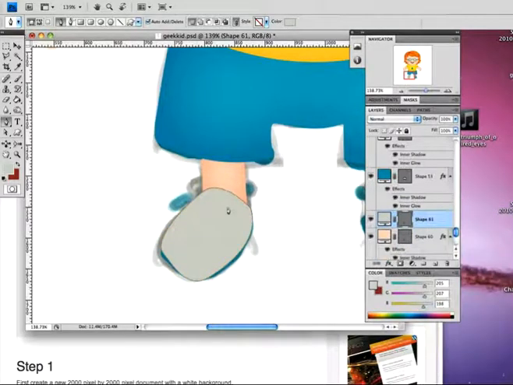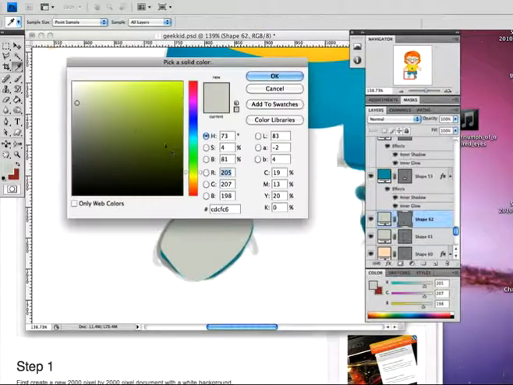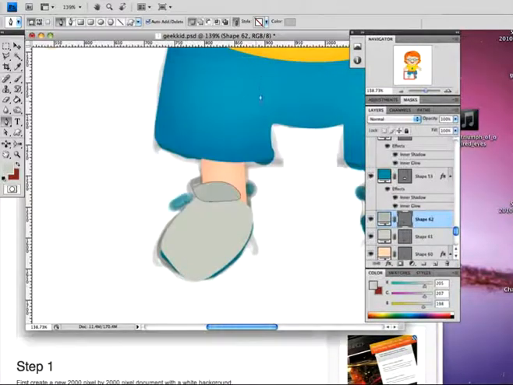Clear that layer style, and I'm going to create another bit which is going to be our tongue. Maybe that looks like this. And maybe that colour's just a little bit darker, like so. And then I'm going to sample this green,